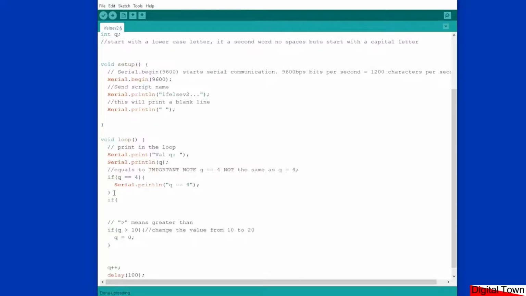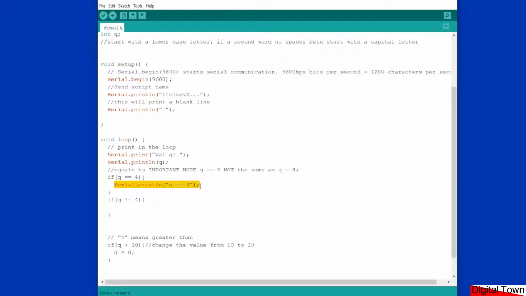So if Q is not equal to 4, let's just copy and paste this to make things quicker, and just put in there not equals. So now if we run our script,